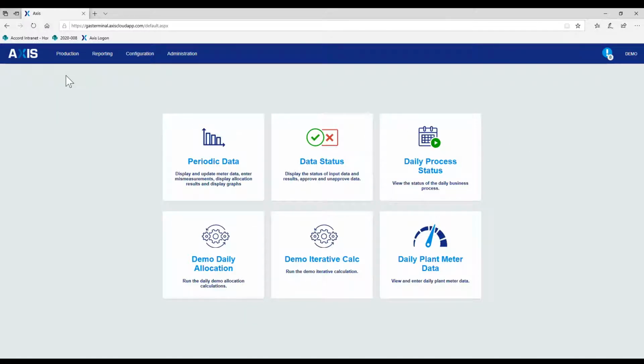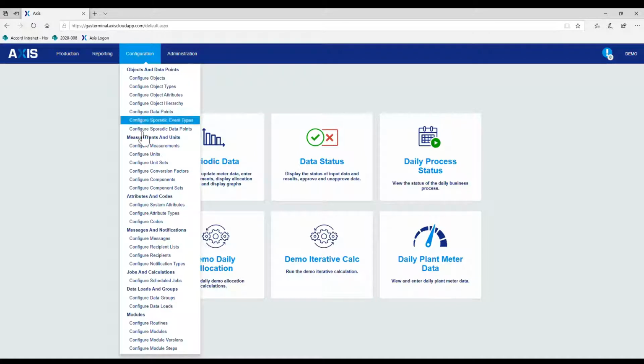Hi, we'd just like to record a short video of AXIS following the demonstration that we provided yesterday, to follow up on the question regarding how to configure and manage component sets within the system. Since the demonstration yesterday, Adept have provided a new release of the application, which includes the screens that were missing during the demonstration yesterday. So we can now show you how to configure new components and component sets